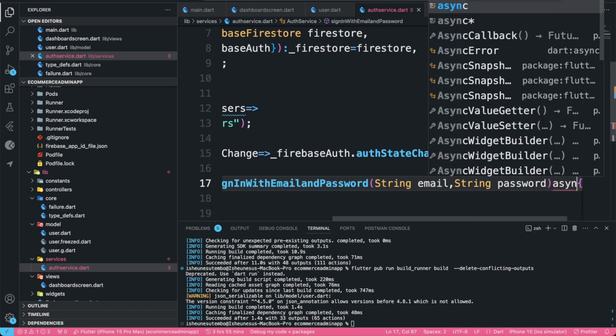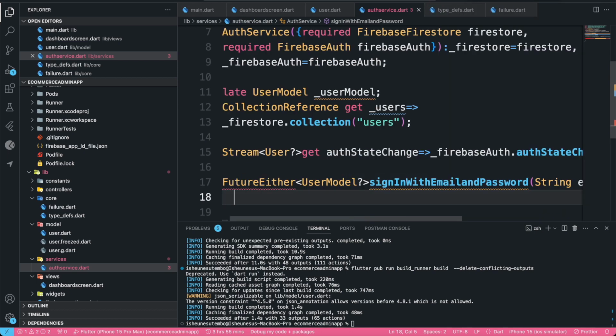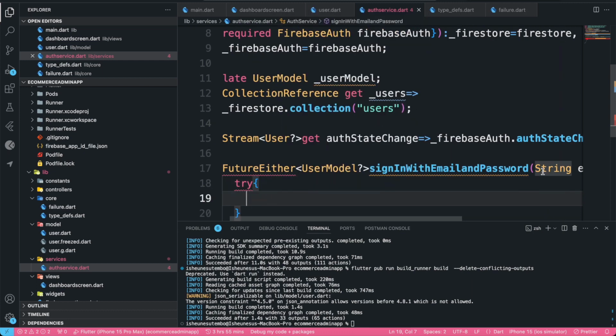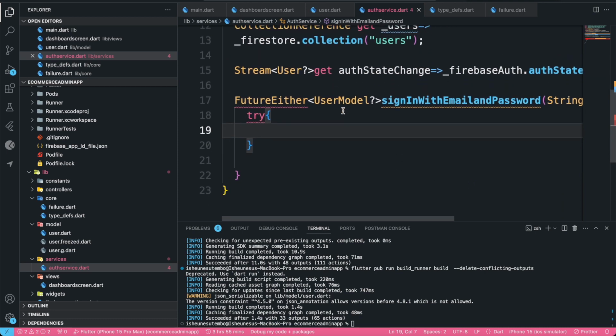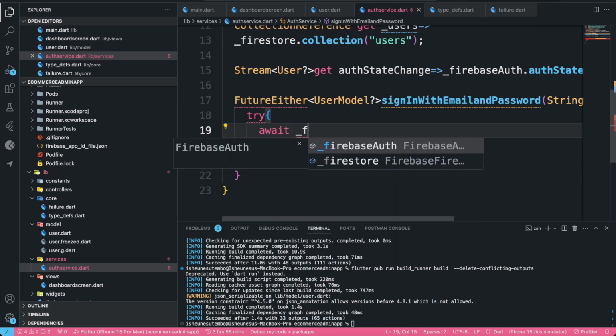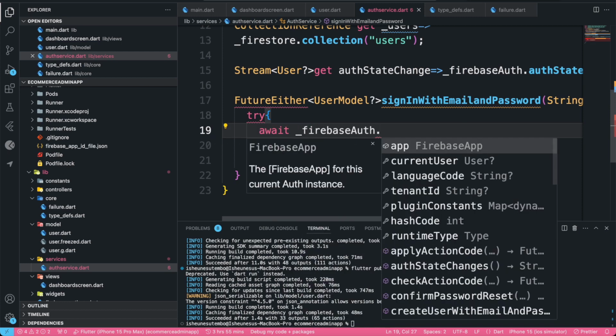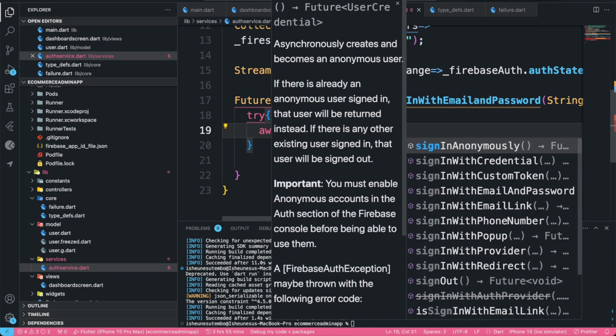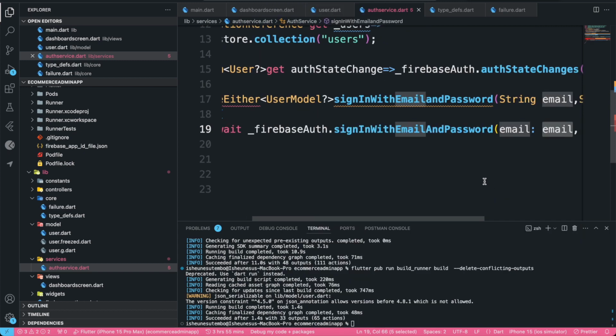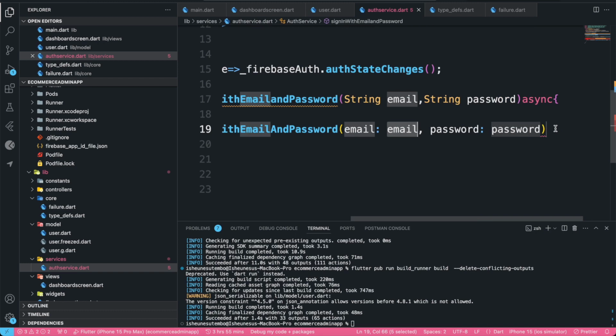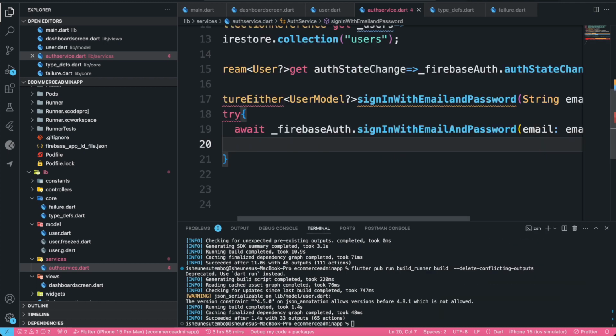Right, async. Yeah, and then let's use a try catch block. Okay. So we're going to just await FirebaseAuth.signInWithEmailAndPassword, like this. Email, we're going to set the email to email and then password to password, and then we want to return